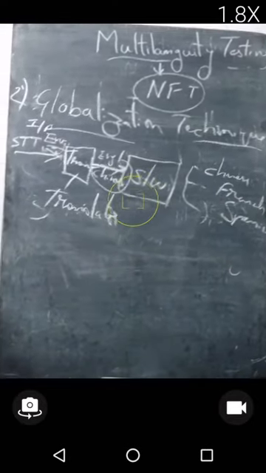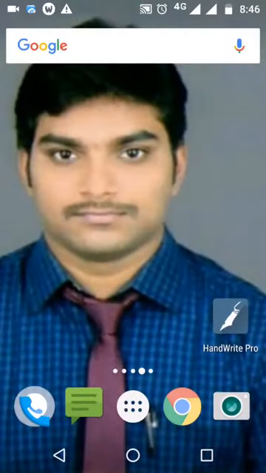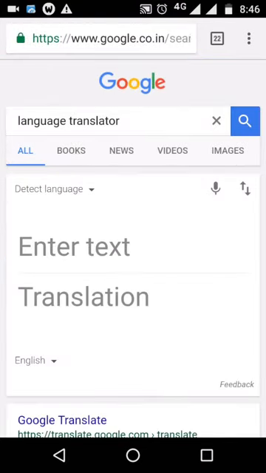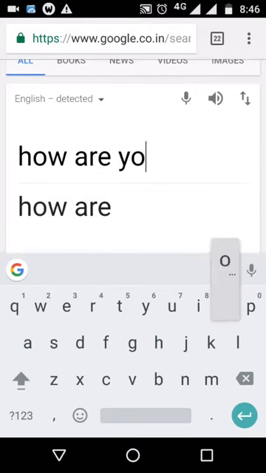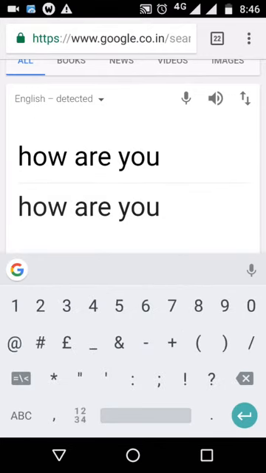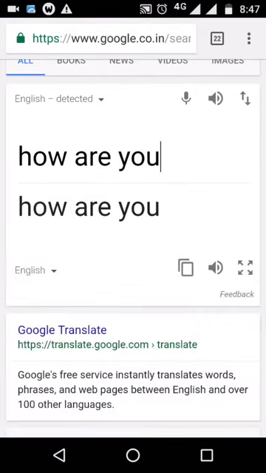Now let me show a small example regarding this globalization technique. See here, let me continue in Chrome. In Chrome you can see this is a language translator. Now I am giving some input, "How are you?" This is the language in English that I have given.